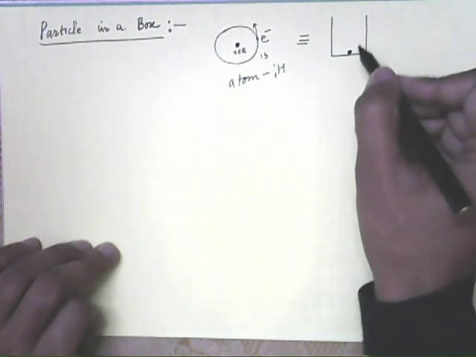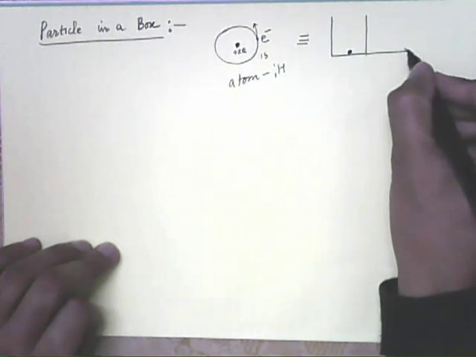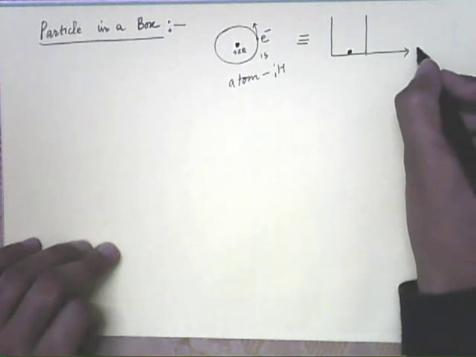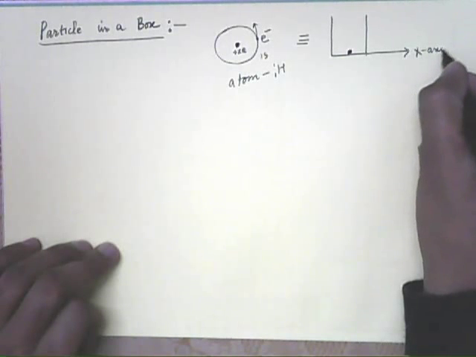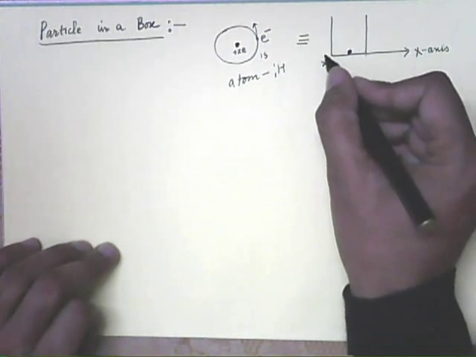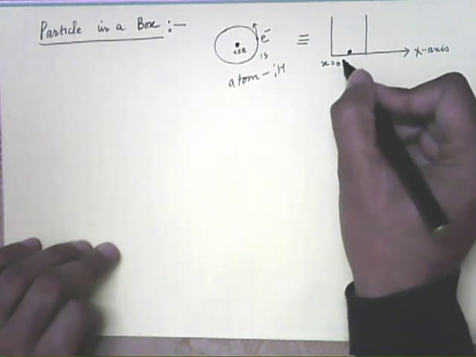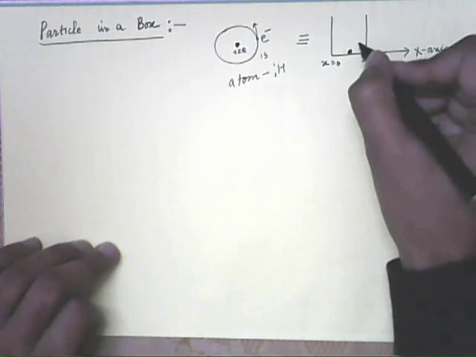Now this electron is in this well, and here we are considering this well to be one dimensional along the x-axis. So the dimension of the well is x equal to 0 to x equal to L,